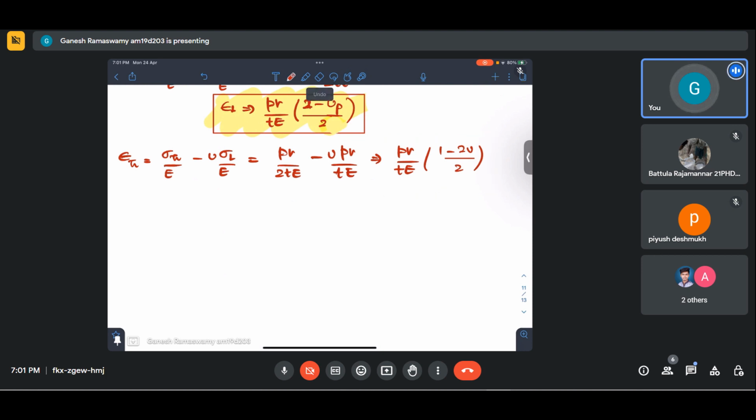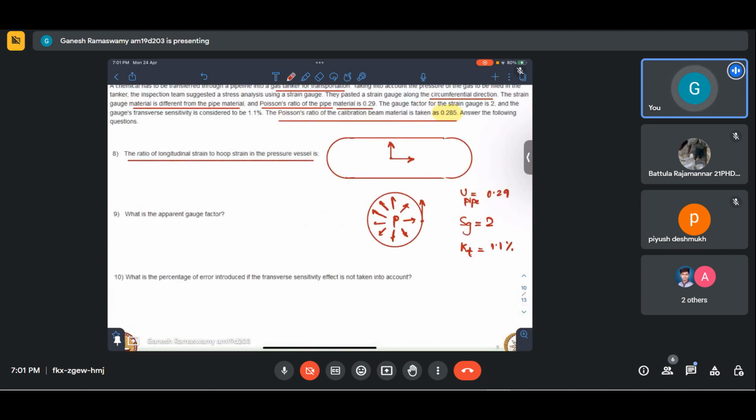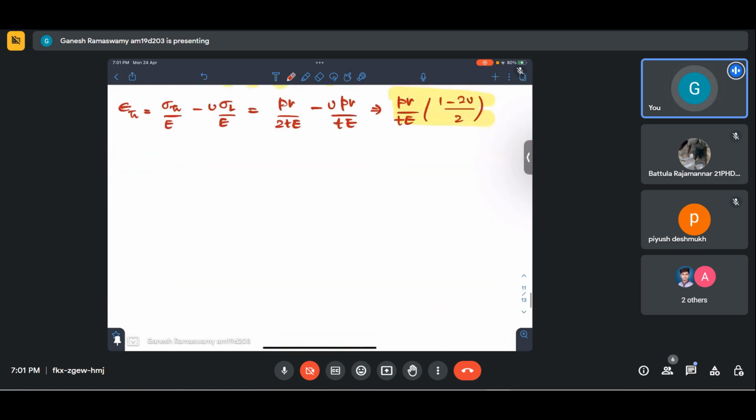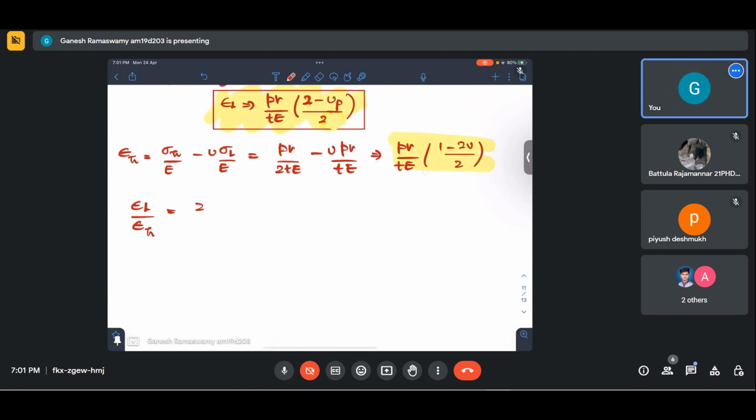Okay, let me forget that. Yeah, all right. I'll just color it like that. Now, in our question, we have been asked the ratio of the longitudinal strain to the hoop strain of the pressure vessel. So, epsilon L by epsilon H is what we have been asked, which comes to 2 minus